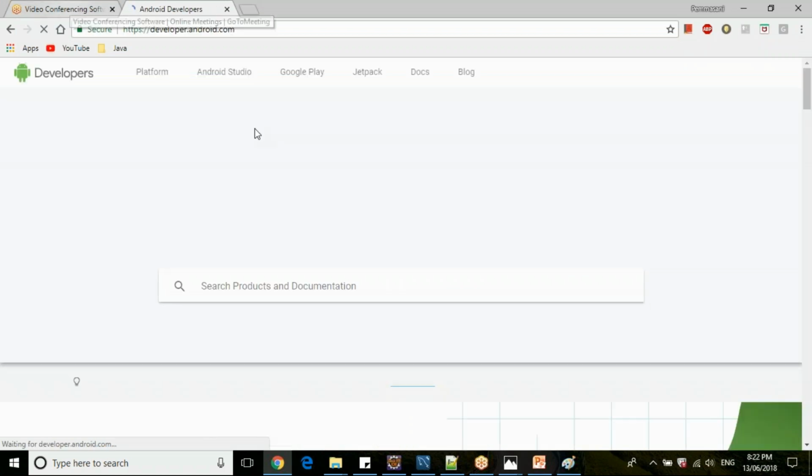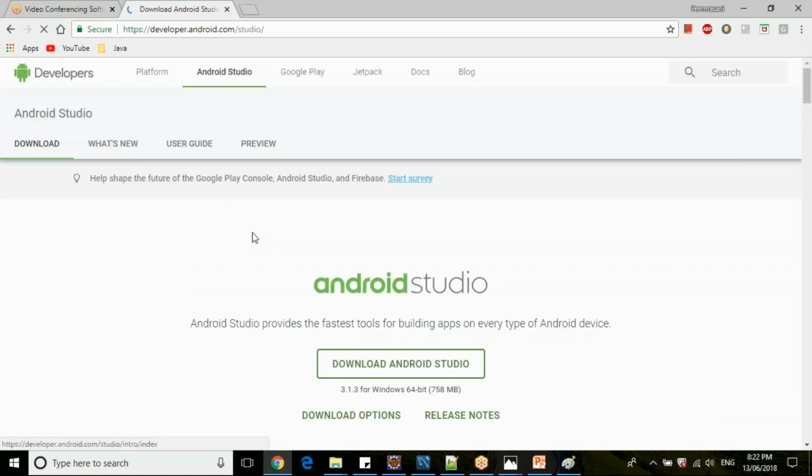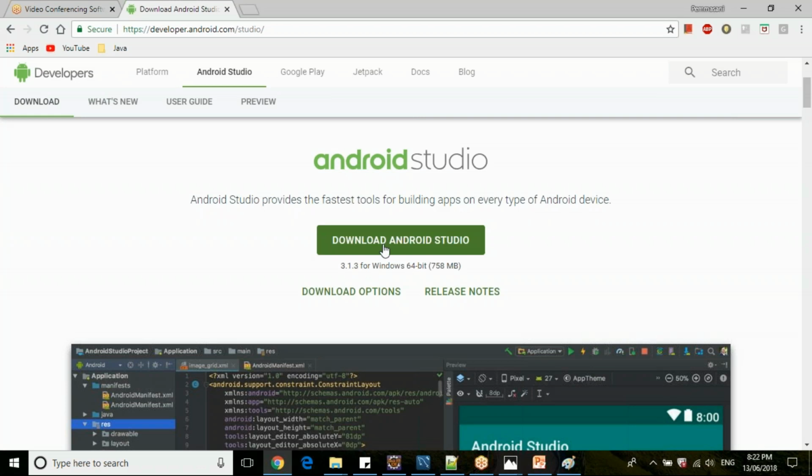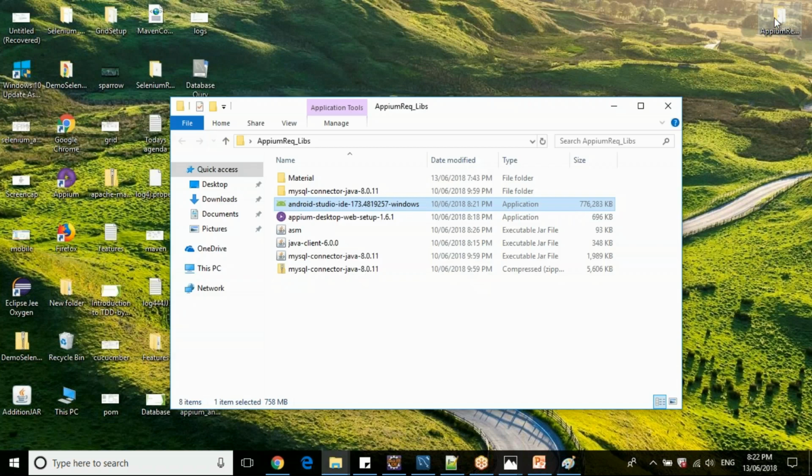Just navigate to developer.android.com, select Android Studio, and then click the download button for Android Studio. It's around 700 to 800 MB. So this is your setup file. Once you download it, just install it.